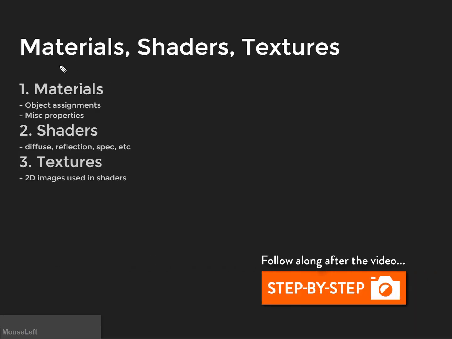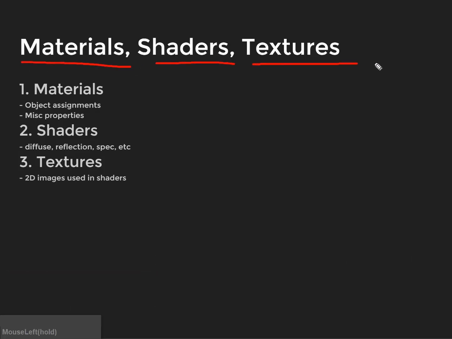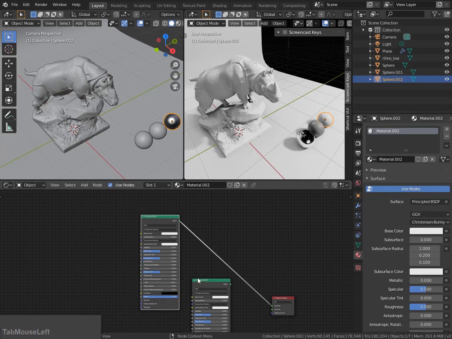So in this chapter, we're going to build out our first shader network, and we're going to focus on materials, shaders, and textures, and breaking down what each one does and how to utilize those within the network. So this will be a little bit of review if you're coming from the Sword and Stone scene, but I want to go a little bit more in depth because we skipped over quite a bit of information the first time around. So I'm just going to go ahead and make sure I have one of these connected,